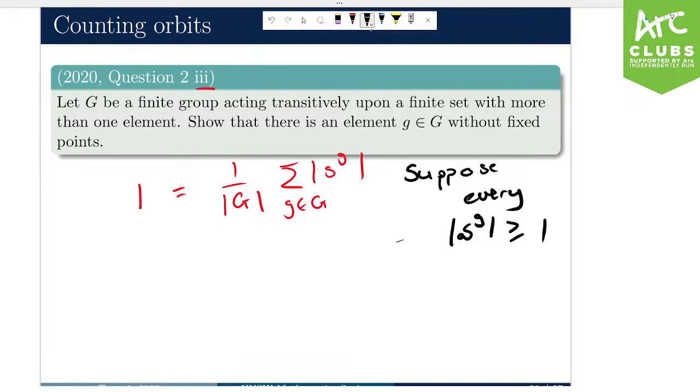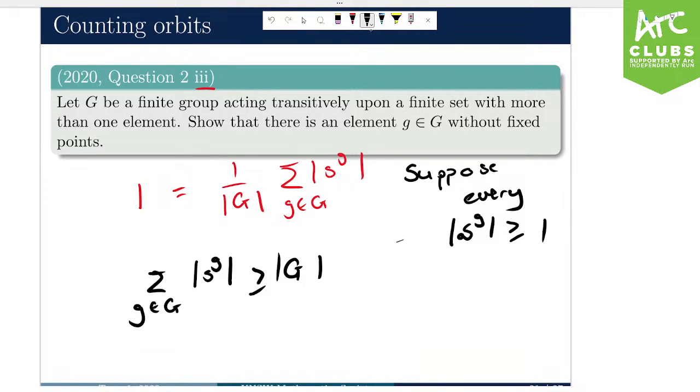And what we get here is the sum of, if we assume this, then the sum of the sizes of the fixed point sets, since every one is at least 1 and we have |G| of them, this has to be greater than or equal to the size of G. And if we can somehow show that this is strict,